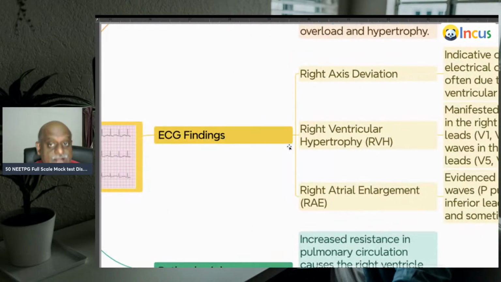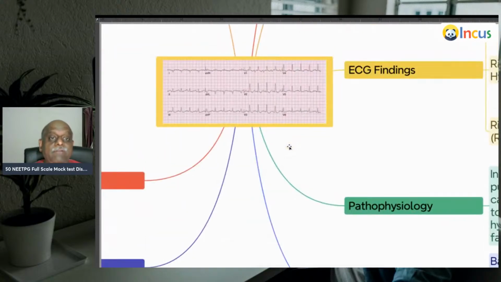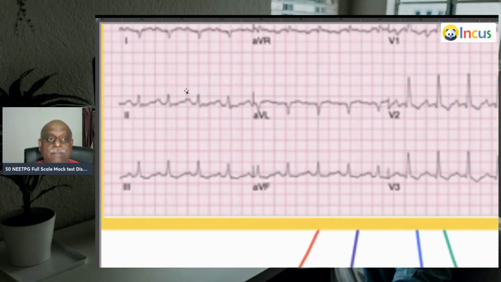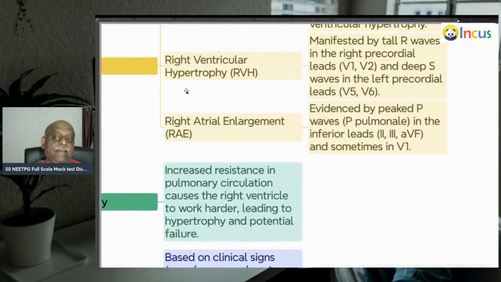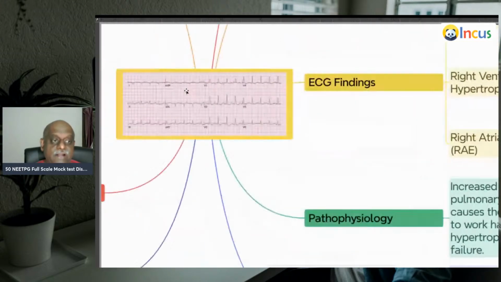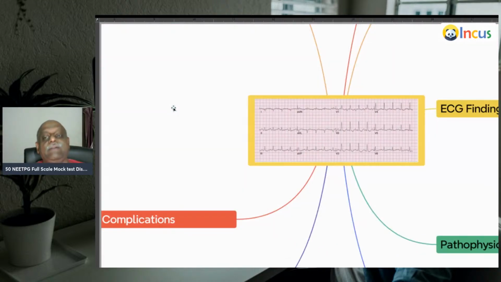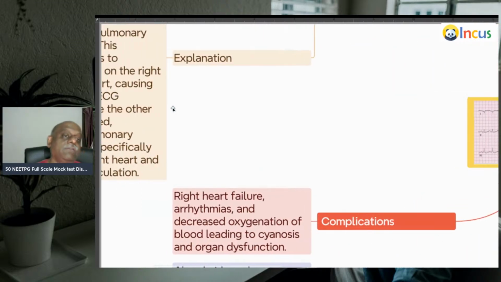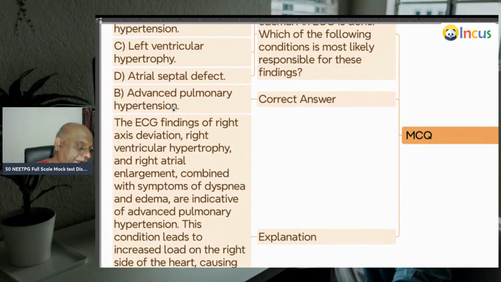So right ventricular hypertrophy, right axis deviation. There are peaked P waves. Typically in the inferior leads, that is 2, 3, aVF, there is a peaking of the P waves. So these are all characteristic of right atrial hypertrophy. So together the patient is having advanced pulmonary hypertension with the right axis deviation, right ventricular hypertrophy, right atrial